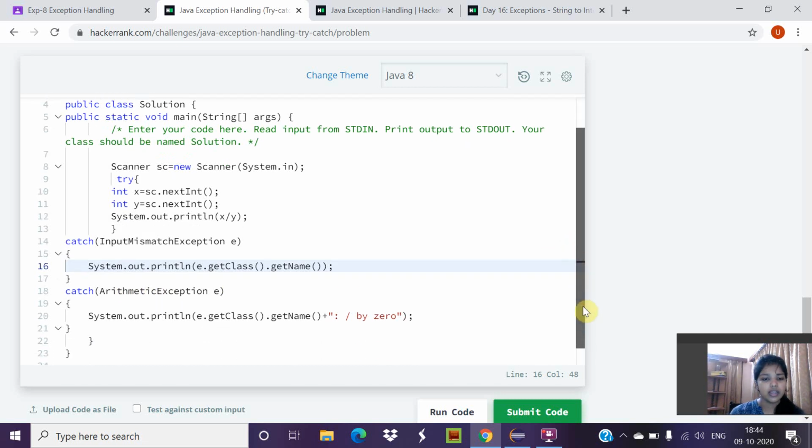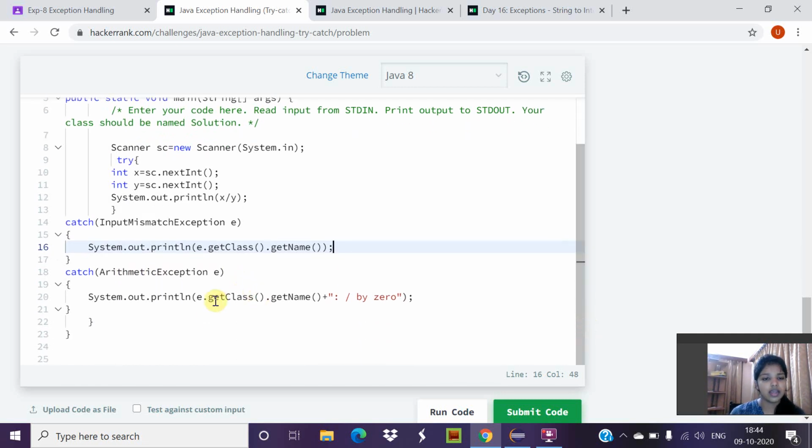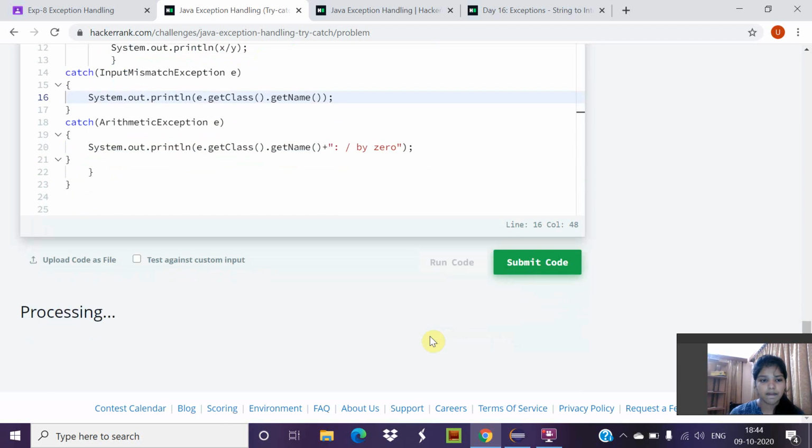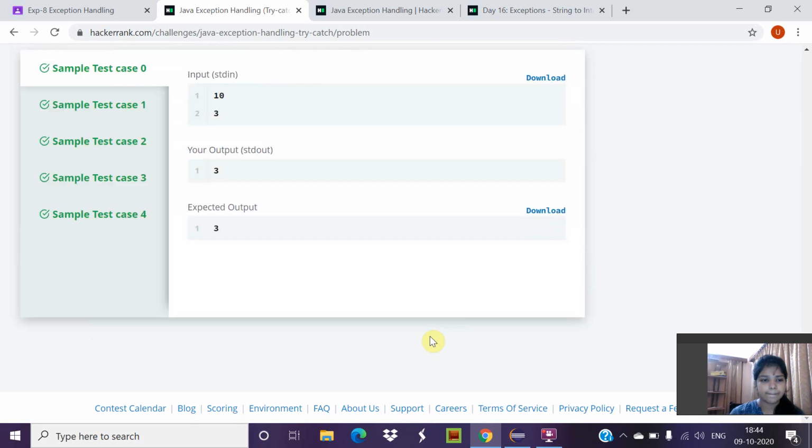It will print the exception dot getClass dot getName and additionally divided by 0. So let's see the output. We are giving 10 and 3, and you get the output as 3.